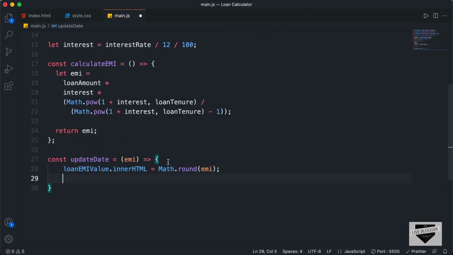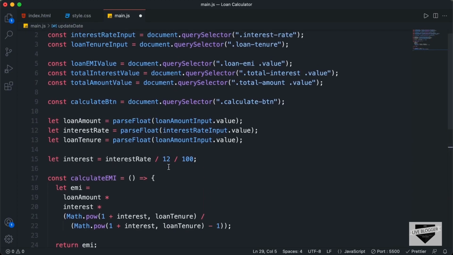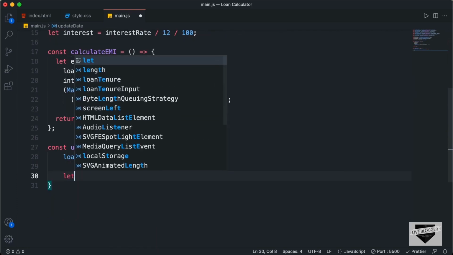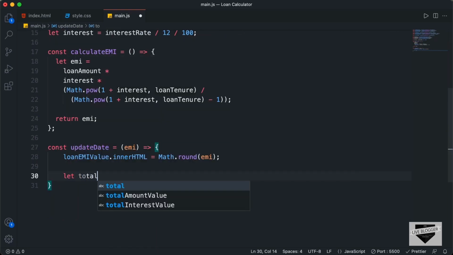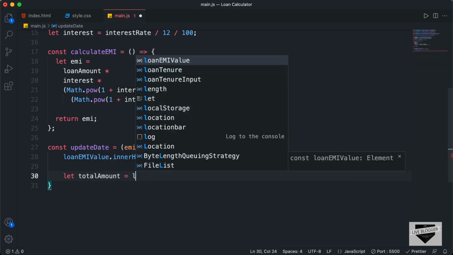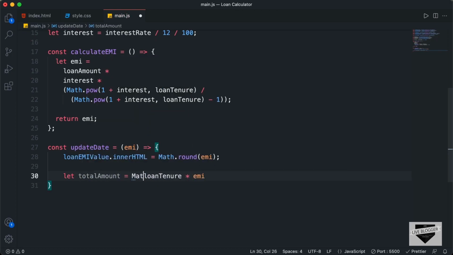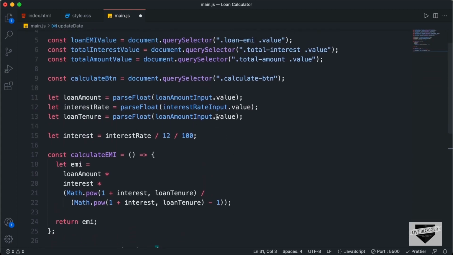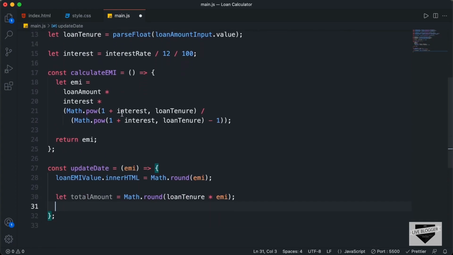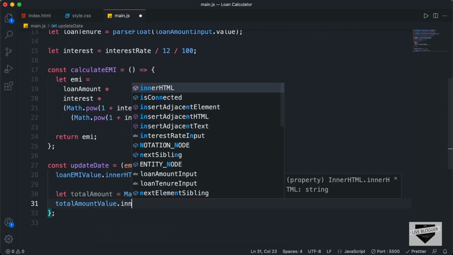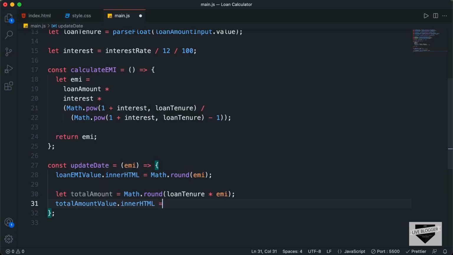The next thing we will update is the total amount. So the total amount is basically EMI times the loan tenure. So let's create a variable for that. So I'll just type let totalAmount equals loanTenure times EMI, and we will round this value as well. So I'll just type Math.round, and I'll just add this inside the parenthesis. Now here I'll just type totalAmountValue. So this is the variable. So I'll just type totalAmountValue.innerHTML, and we need to set the HTML to the total